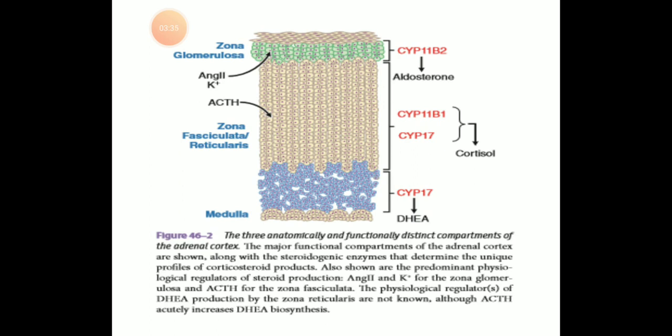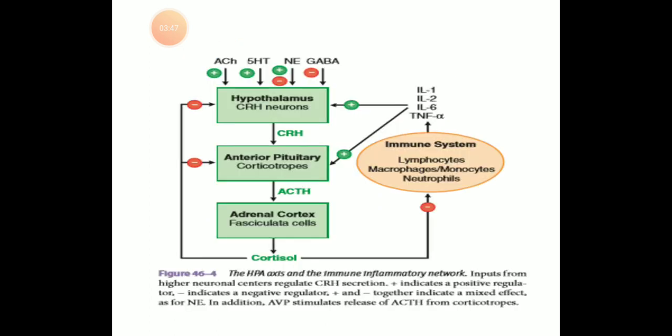Usually, this adrenal gland has an intrinsic relationship with the pituitary, and the hypothalamus, pituitary, and adrenal cortex form the HPA axis. ACTH maintains the structure and regulates the function of the adrenal cortex. It is secreted by the pituitary basophil cells and is a polypeptide with 39 amino acids.